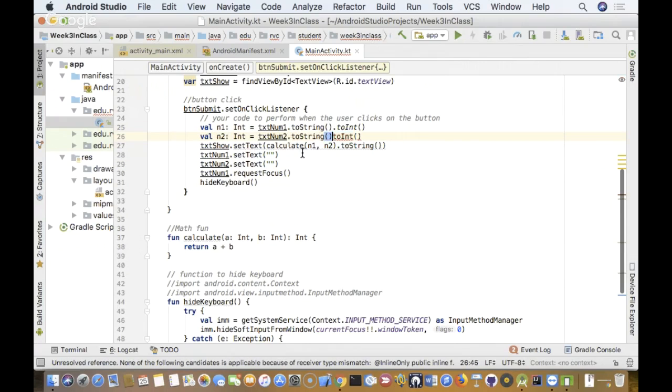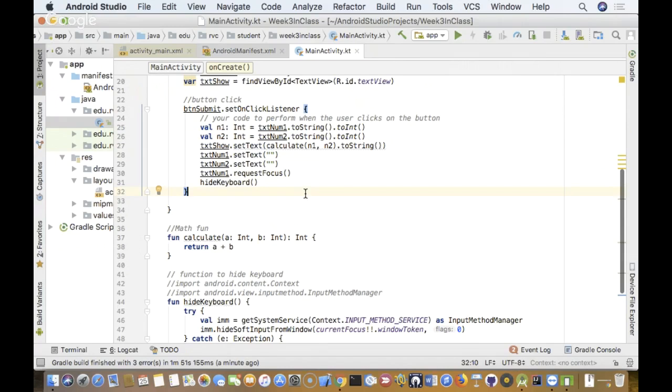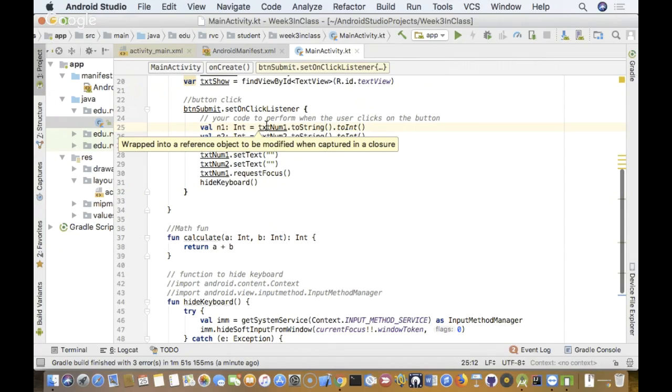I forgot to put a toString in here before the toInt. You can't convert a string to an integer until you put the string in. I didn't put that as a string first. There we go. On these two lines here, lines 25, 26, when you're bringing in the variables, right now